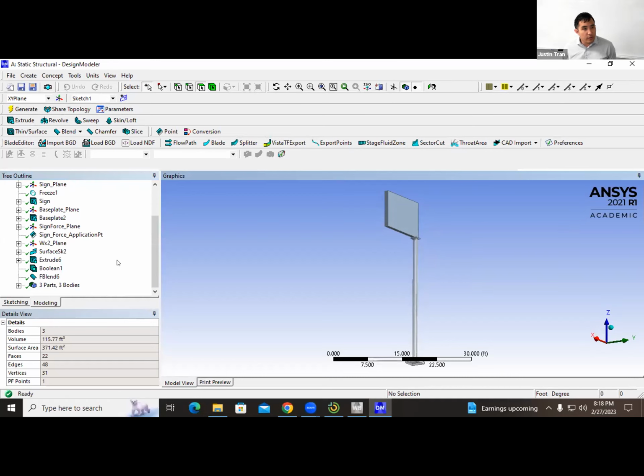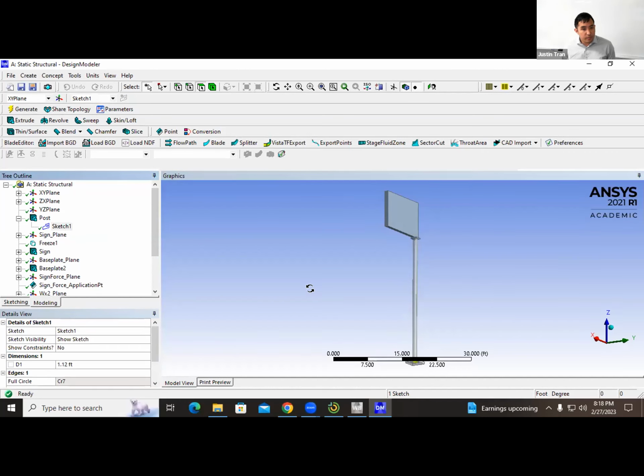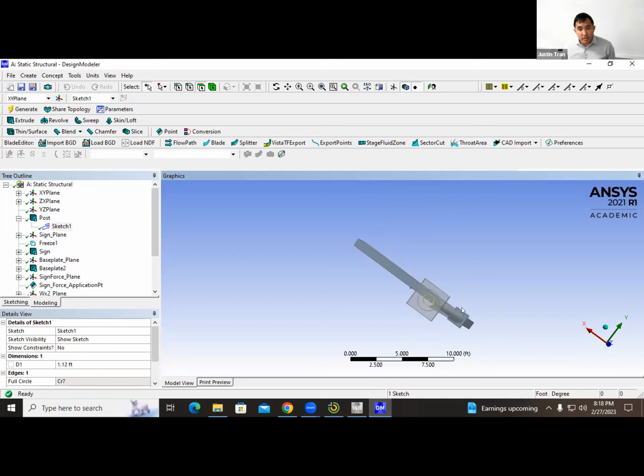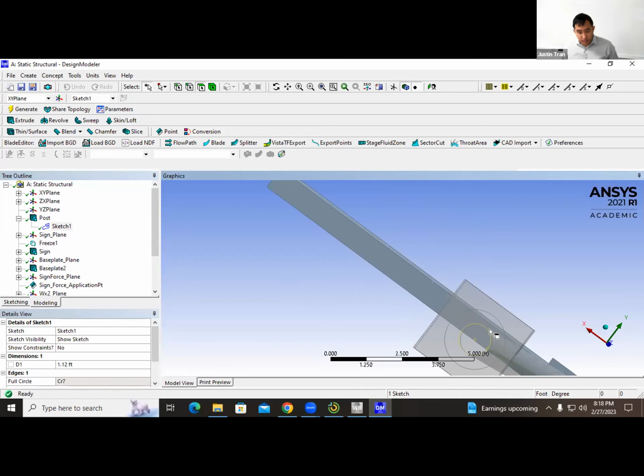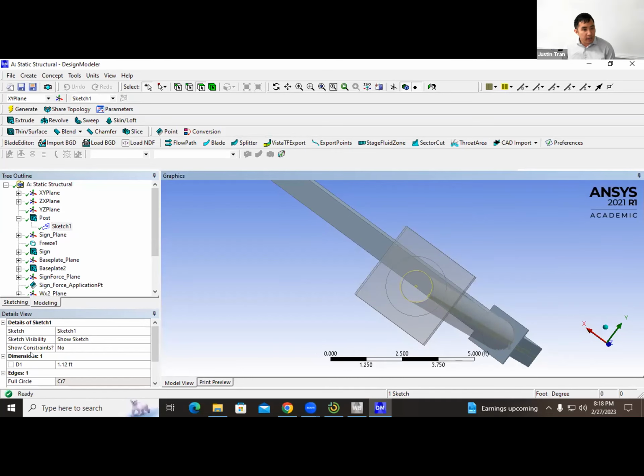For the sign post, we want to look at this one. It's a little bit hard to see, but the sketch is down here. To change the dimensions, you would go down in this bottom left and change it this way. The base diameter of the post is 1.12, and you would change that up or down depending on what you want to do.